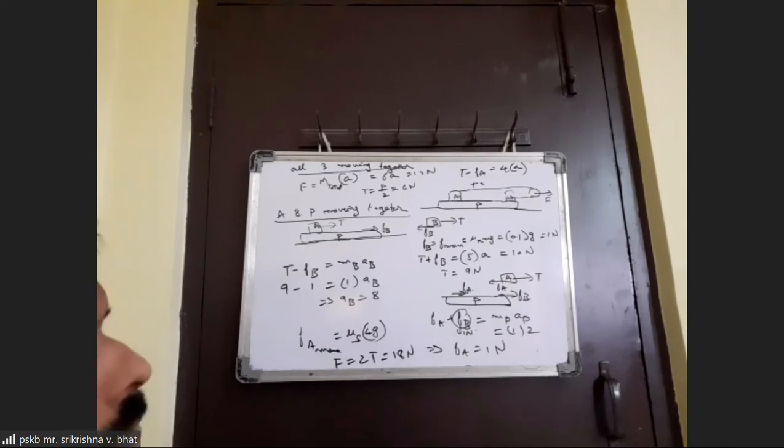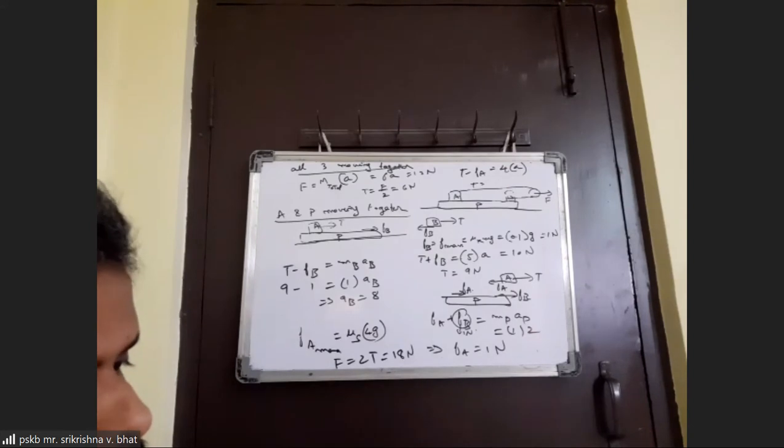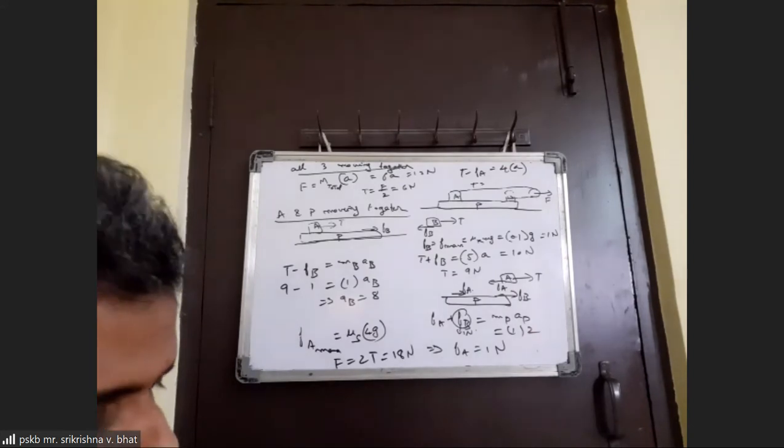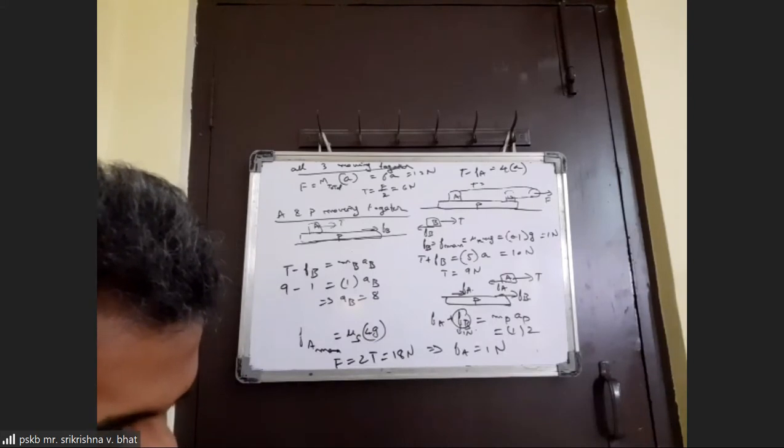Sir, if friction is unable to stop A, how is it able to stop B? Friction is unable to stop A. Sir, if maximum sliding friction for A is more than maximum sliding friction for B, correct. Relative motion is not being stopped by maximum friction of A, so for B it can't be stopped.